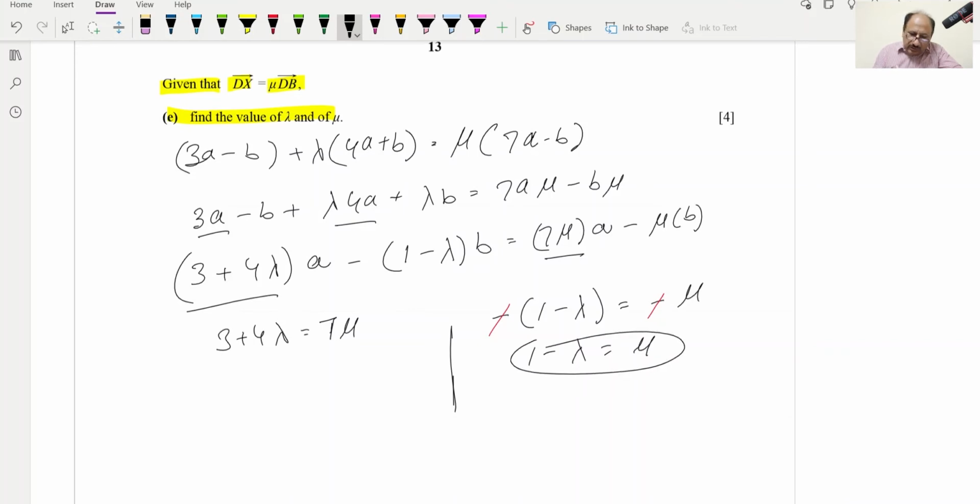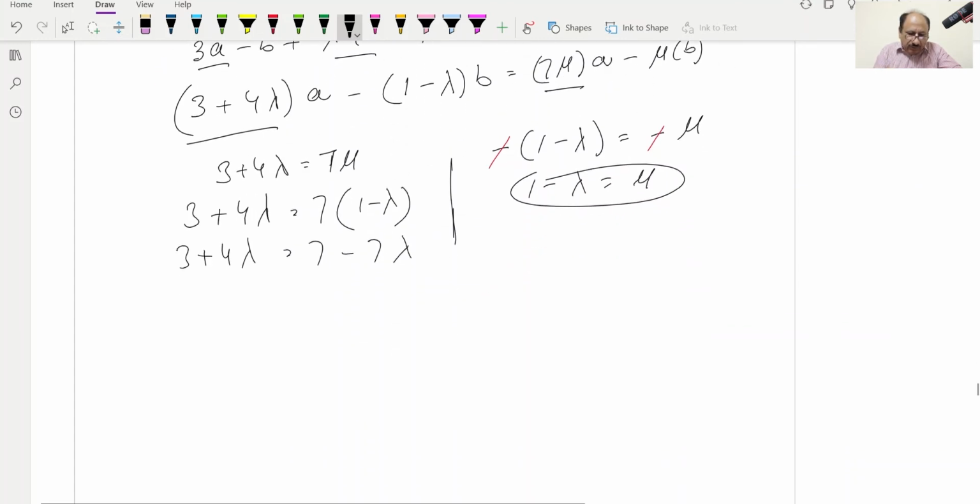This value we can replace in this equation, so you'll get 3 plus 4 lambda is equal to 7 into 1 minus lambda, and 3 plus 4 lambda is equal to 7 minus 7 lambda. Further, we can shift 7 lambda to this side, so it will be 7 lambda plus 4 lambda, and 3 we can shift to the other side, so it will be 7 minus 3, which is equal to 4. So 7 plus 4 will be 11, so 11 lambda is equal to 4, so lambda is equal to 4